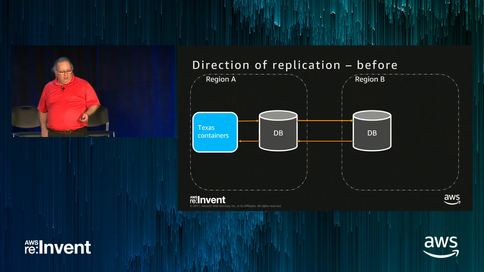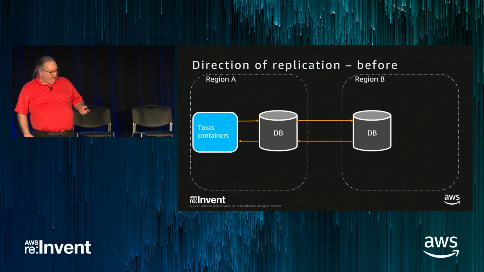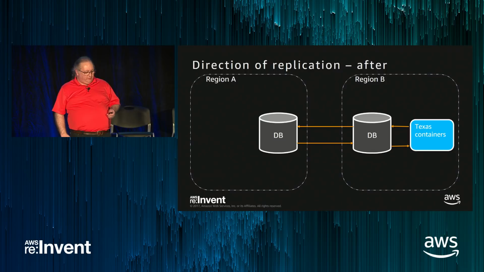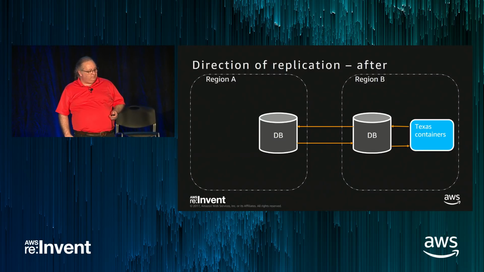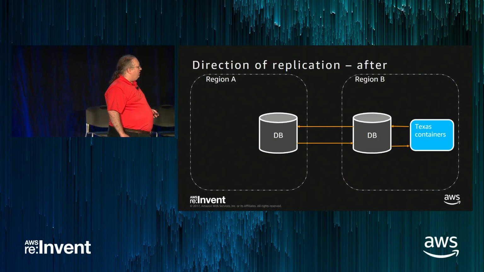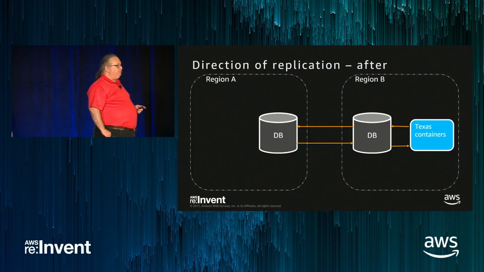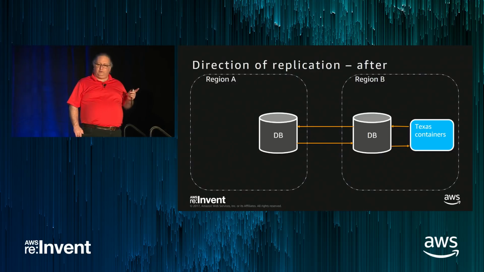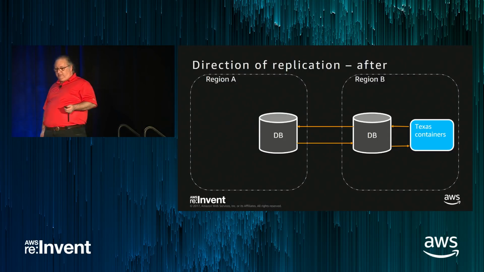And then we have the whole idea of direction of replication, right? So I might have Texas with its core data in one side and then start replicating it in the other direction. And we see that fairly often because one of the things that you generally want to avoid in a database is having true active-active database where people are writing into multiple masters, especially at the same time. Now, as you'll hear today, and as you may have heard from Andy Jassy this morning, we're developing more services to make that easy.